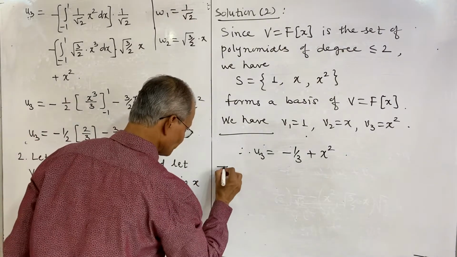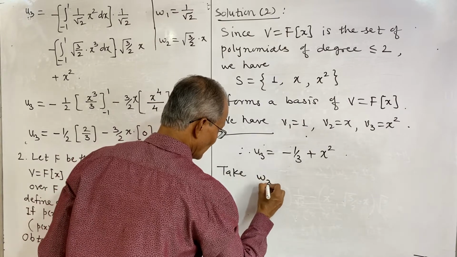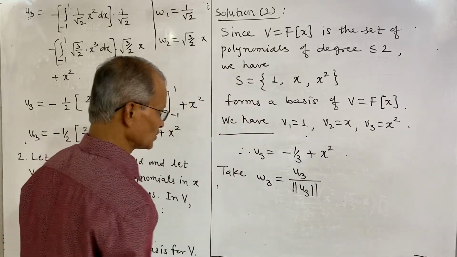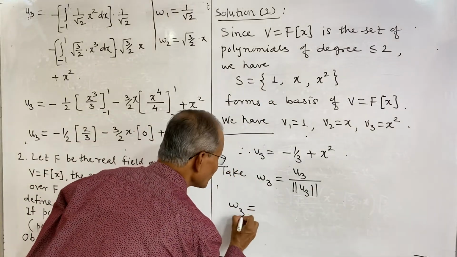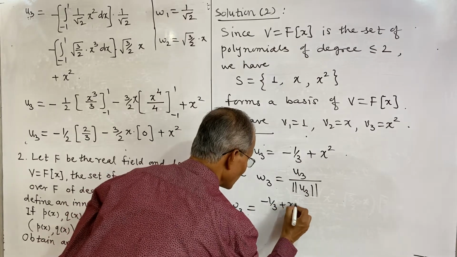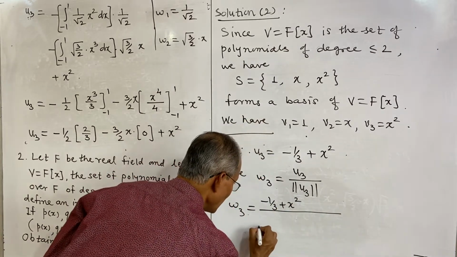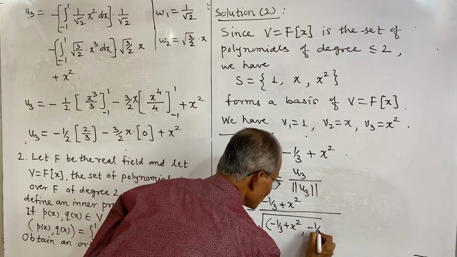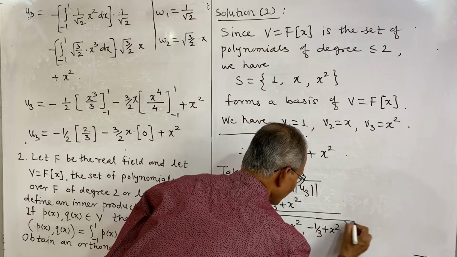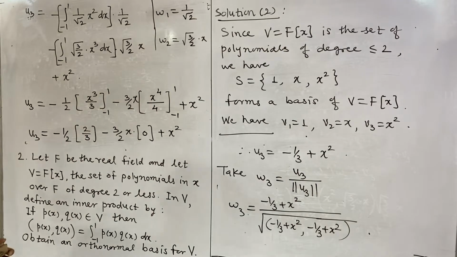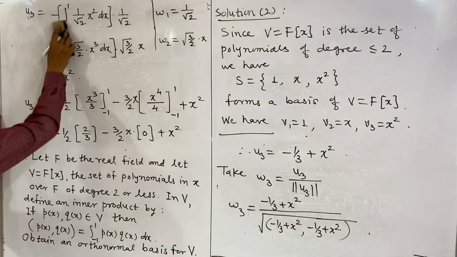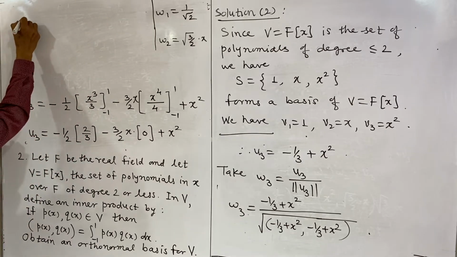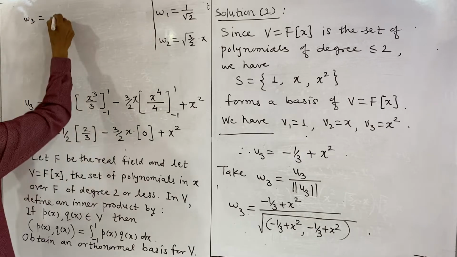Take w3 as u3 divided by the norm of u3, and that is minus 1/3 plus x square divided by its norm. Its norm means the square root of the inner product of minus 1/3 plus x square with minus 1/3 plus x square. I shall write here w3 is equal to the numerator as the same,